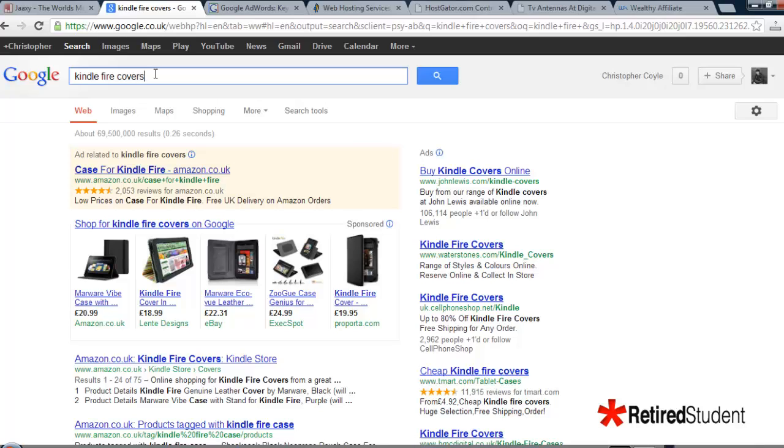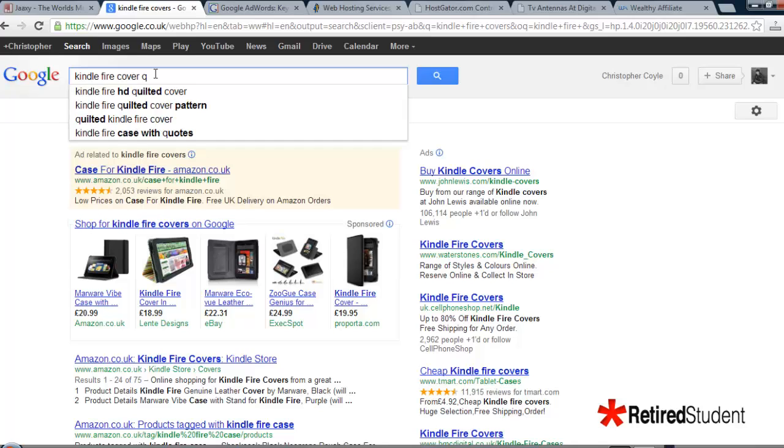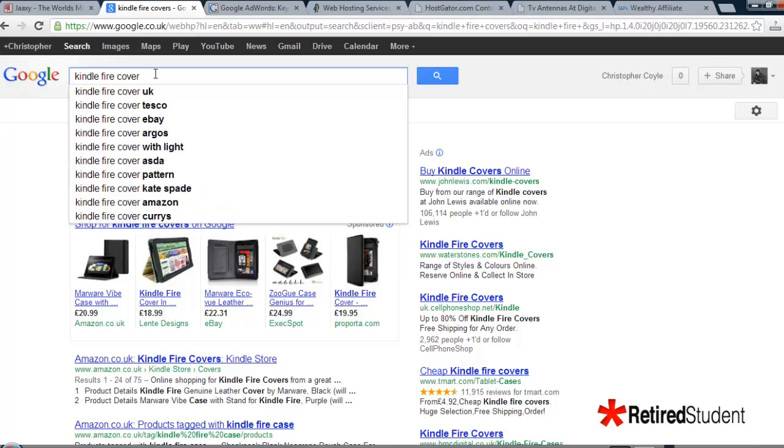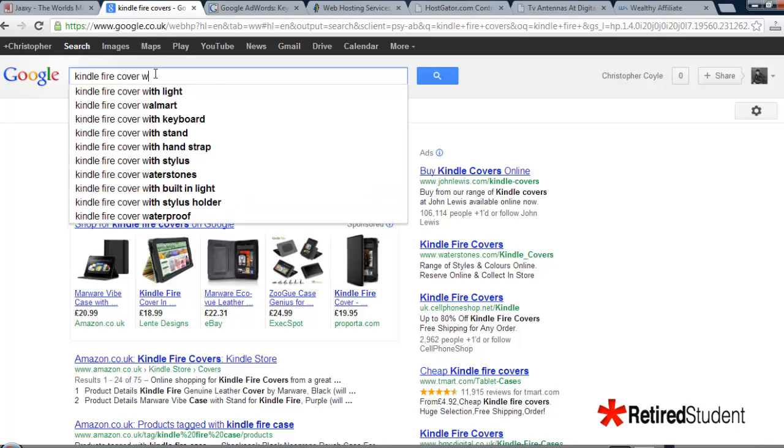So we would take the S out, and from here we would just start plugging in all the different letters of the alphabet. Now for Q, you can see that quilted Kindle Fire cover is something that people are searching for. From W, you can see that Kindle Fire cover with keyboard is something that people are searching for, and so on. So you could do that through the whole alphabet,